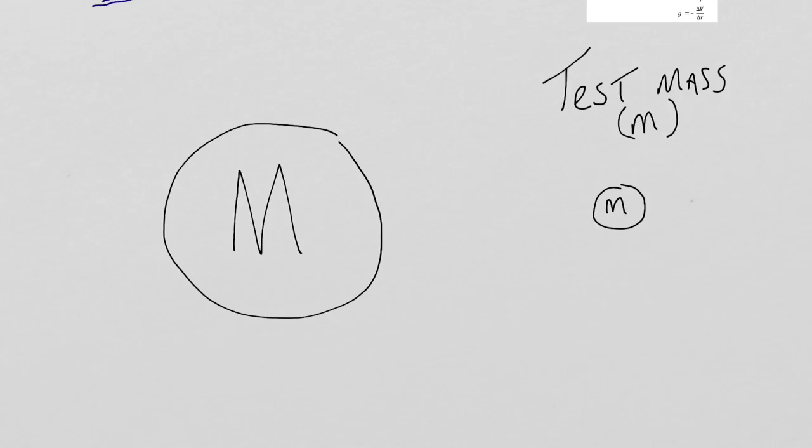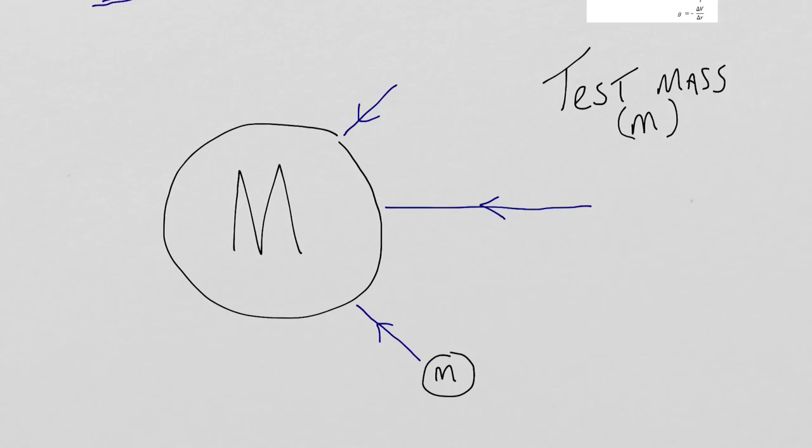Now, if I was to draw on my picture here an arrow to show what I believe the direction this test mass would take if it was to fall, I would draw a line like this. I could put an arrow on it to show direction. Now, if I was to instead grab my test mass and put it, say, here, in that case, I would draw a line going like this. And if I was to move my test mass to, for instance, here, I would then draw a line going this way to show the direction it would move.